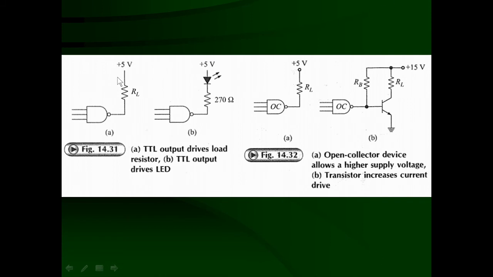You can see this circuitry. This is the TTL. It is driving an output load, and the output load is connected to the plus 5 volt. So when the TTL output is going to be high, that means the output is 5 volt. This side also is going to be 5 volt. So no load current is going to be there. But when the TTL output is going to be low, that means in the totem pole arrangement, the lower transistor is conducting. 16 milliampere current can sink through this sink or saturation transistor Q4.